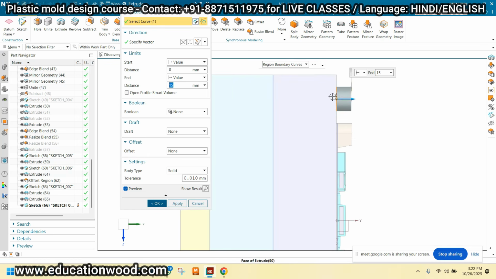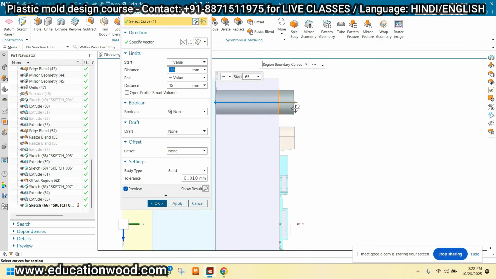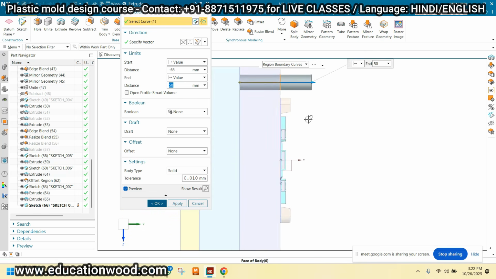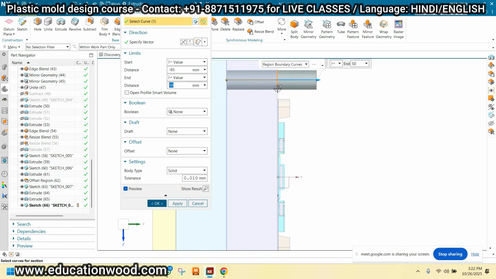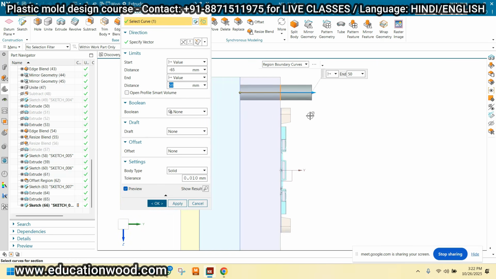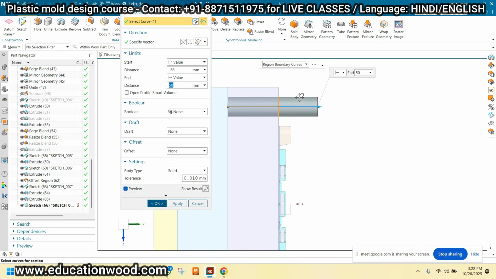I will show you, one minute. Let me make this first of all. So I'm taking a length of 50 mm. Why am I taking a length of 50 mm? Because the length of the pillar from this face should be higher than the component height plus clearance. Because the guide pillar is used for the alignment of both mold halves, right or wrong?